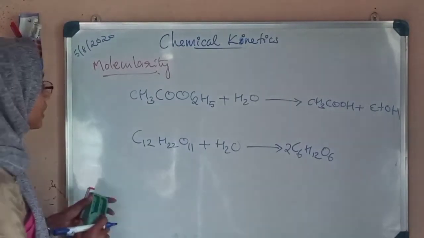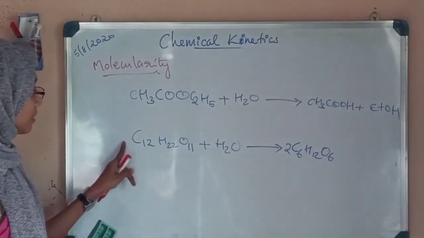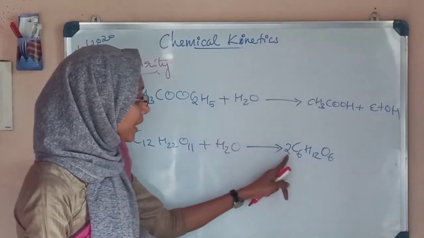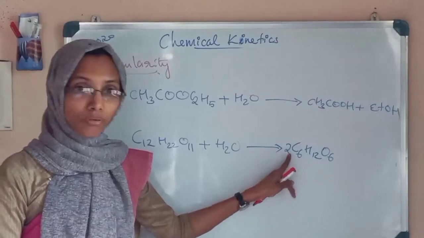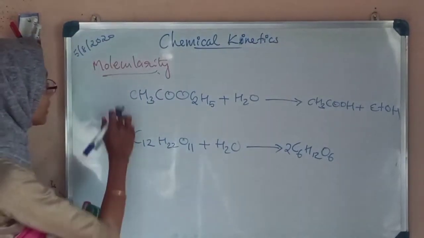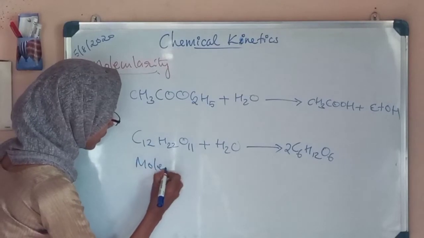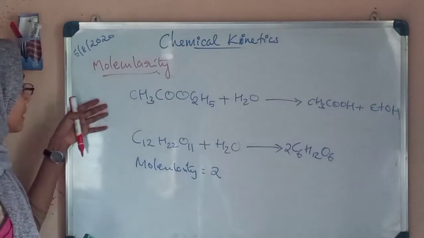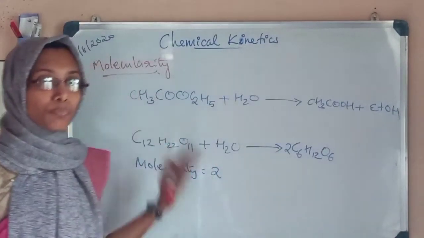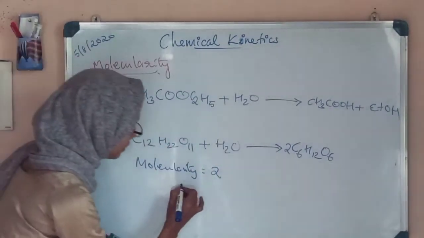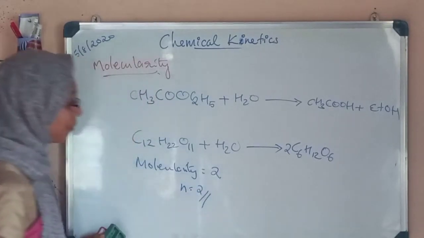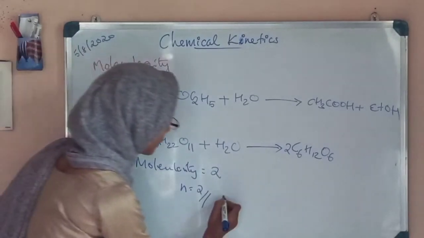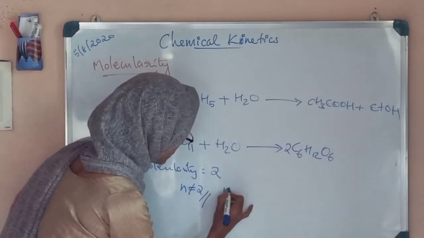Here also the molecularity is equal to 2. Here 1 molecule of sucrose and 1 molecule of water give 1 molecule of glucose and 1 molecule of fructose. So the molecularity is 2 in both cases. But it is a simple reaction, so we can expect the order of the reaction to also be equal to 2. But from experiment it is found that the order is not equal to 2, it is equal to